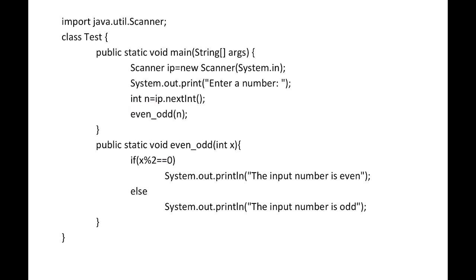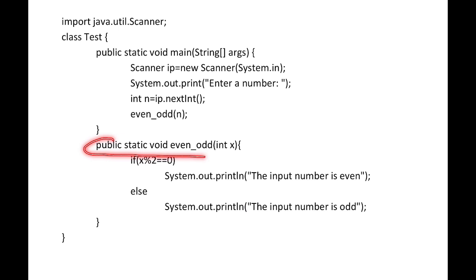Now even odd n, that means we are calling the method even odd and we are passing the value n as the argument. When we call this method even odd, the value of n is passed to x.